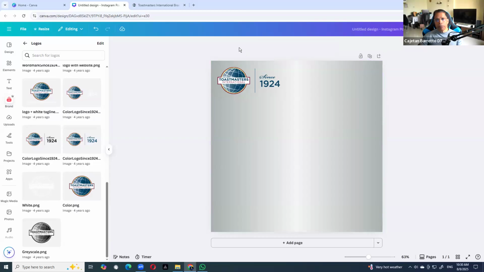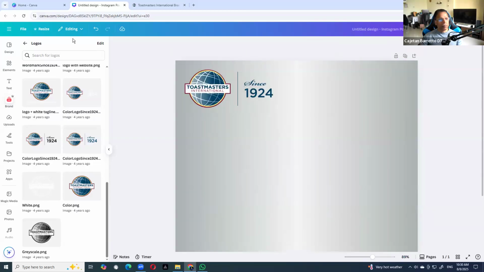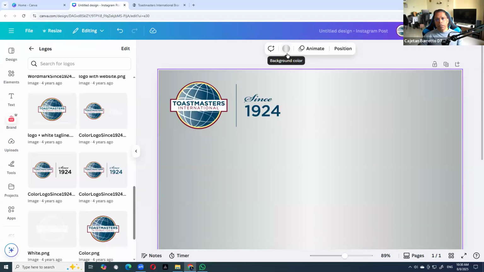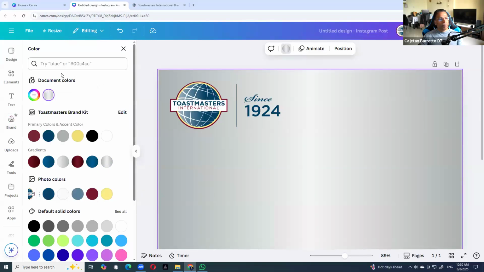Let me see if I can make this a little bigger. Yeah, like this, right? So we can click on the background color and select the color by typing the color code itself here. If you have a free account, of course, you will have to mostly type the color codes.